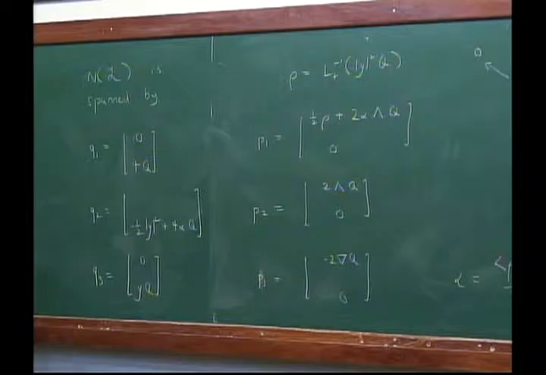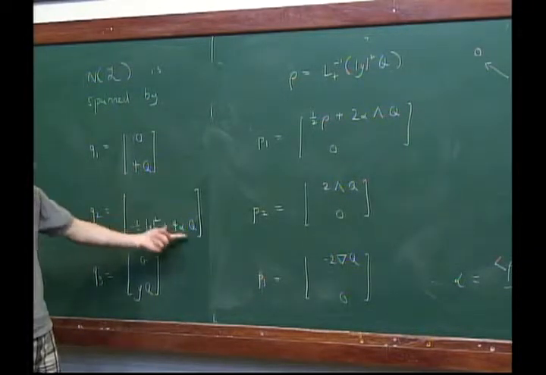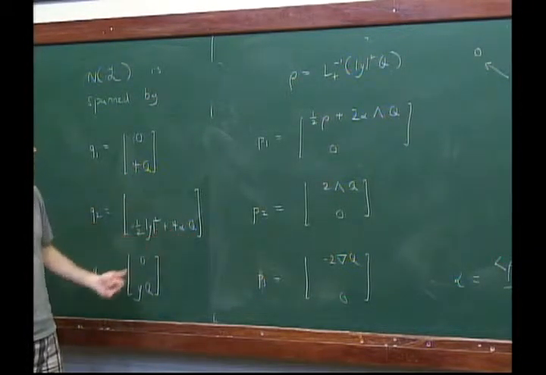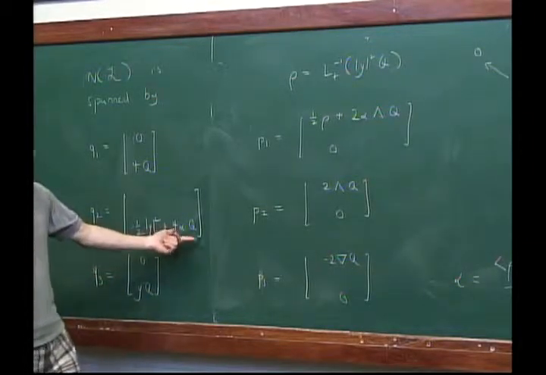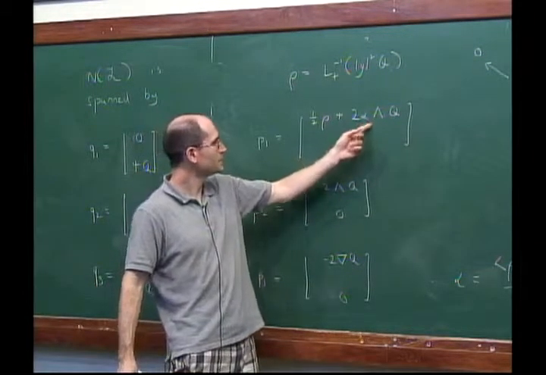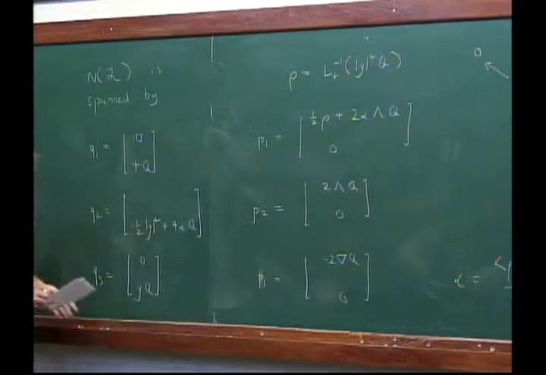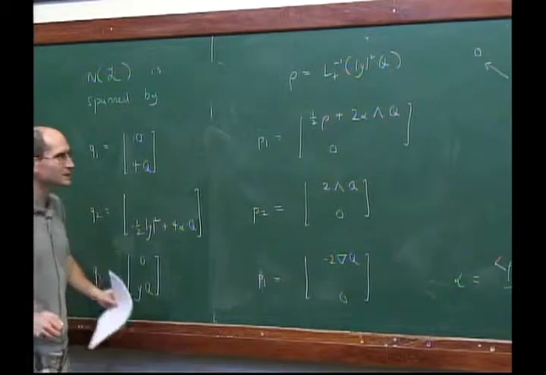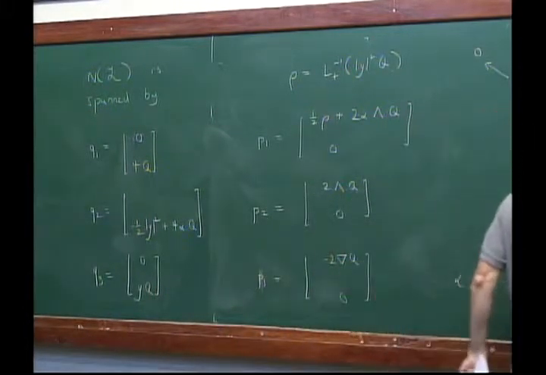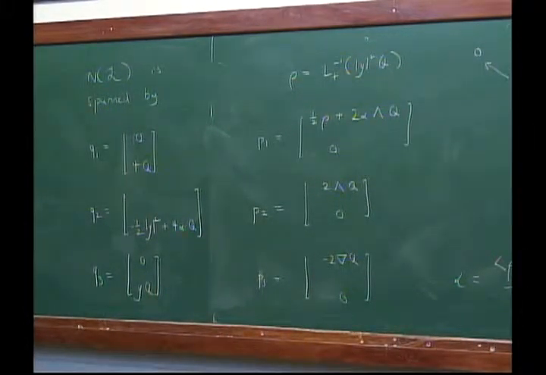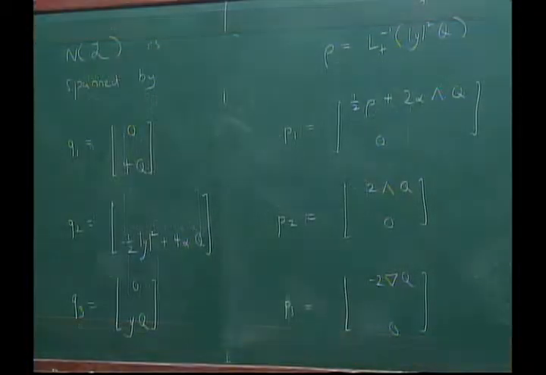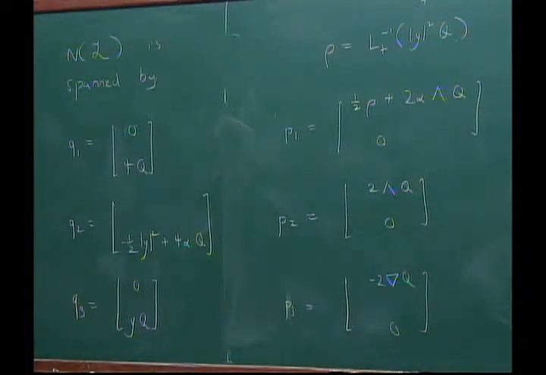So by writing things like this, you'll notice that I included a 4Q. Why did I include 4Q here and also here, and then a little bit of this is there. I've just normalized it so that if you look at symplectic pairings, then this is canonical, except that it's not normalized. But what you have is, if you look at Q1, J inverse P1, then you get YQ2 squared, same